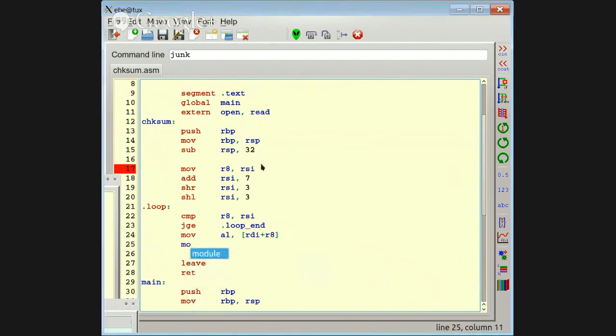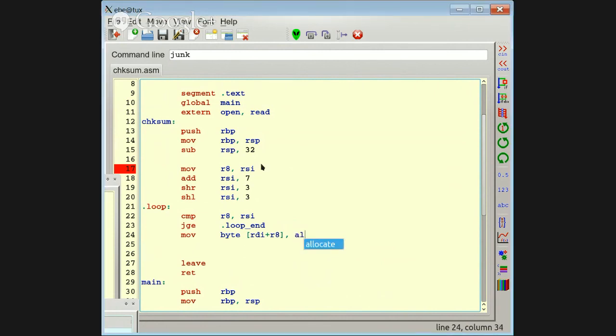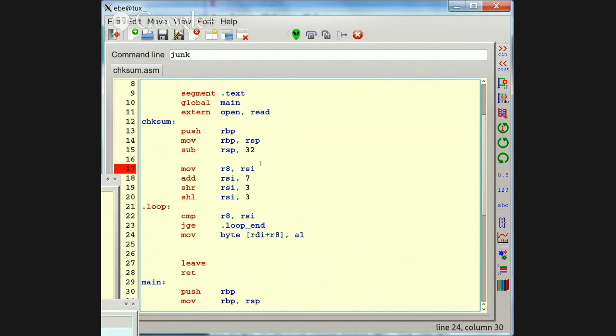And then, let's see, we don't want to extract that byte. We want to put a 0 into that location. I'm sorry. Byte. Now, it may be better to store the byte 0 into AL before, because if I use a 0 as part of the instruction, it's going to end up taking 32 bits for that value.